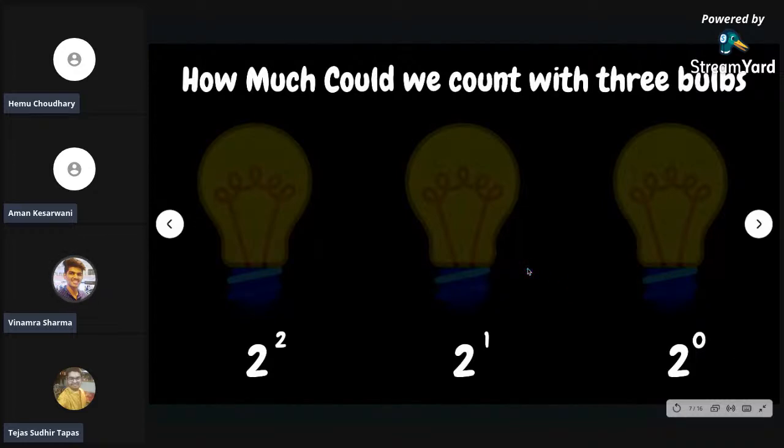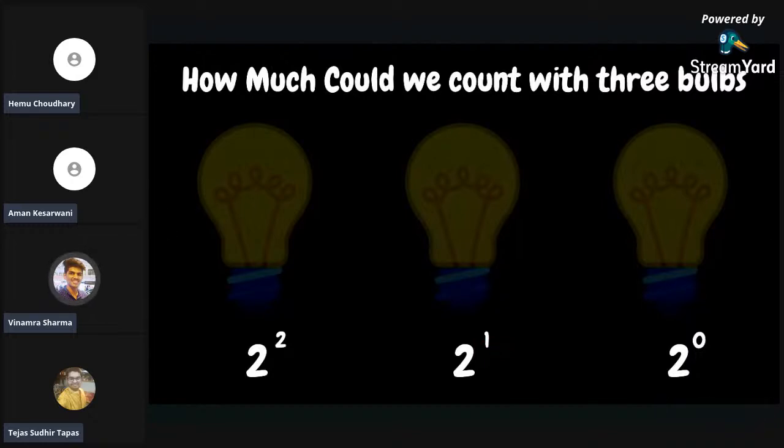Now, if we have to represent 2, what do we have to do? If I switch off the first bulb, switch on the second bulb, and also switch off the third bulb, what value are we getting? The first is cancelled as there is no supply, so it is not counted. 2 to the power 1 is counted here, so 2 to the power 1 equals 2. And 2 to the power 2 is again cancelled because the supply is off. So here we can represent the number 2.